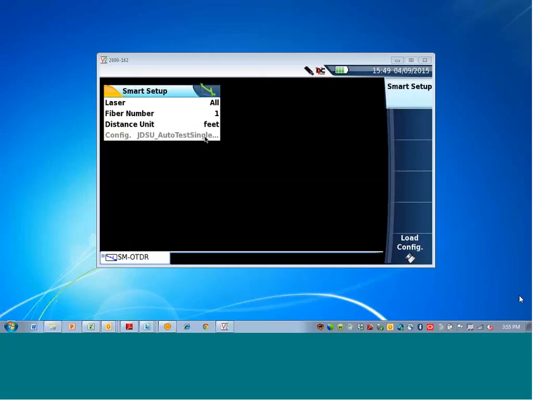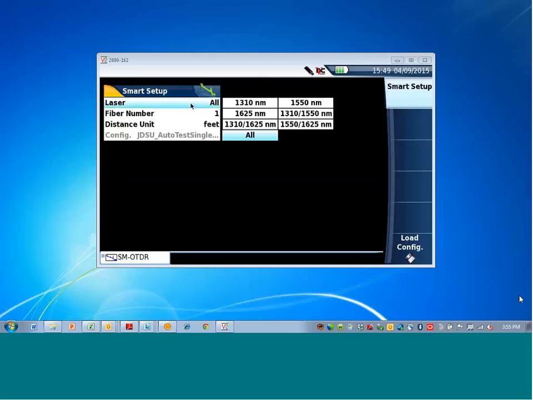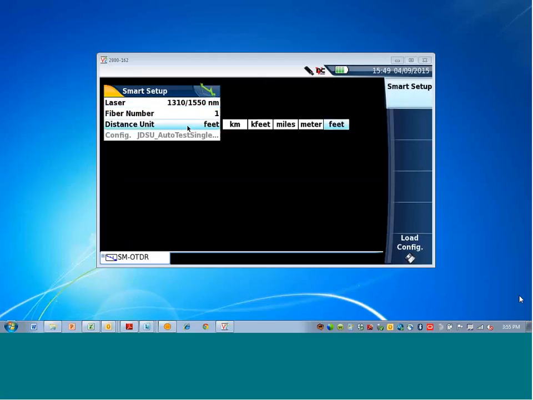This will allow the OTDR to work on a 500-foot span, 25-foot, 1 mile, 5 miles, 10 miles, 50 or 60 miles. The only choices for OTDR setup are to pick the wavelengths. In this case, 1310 and 1550 will be selected, and pick the distance of measurement such as feet. Hit the Start button,